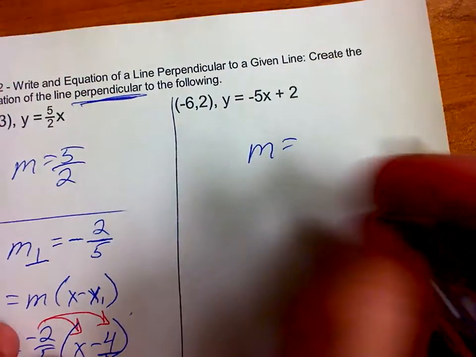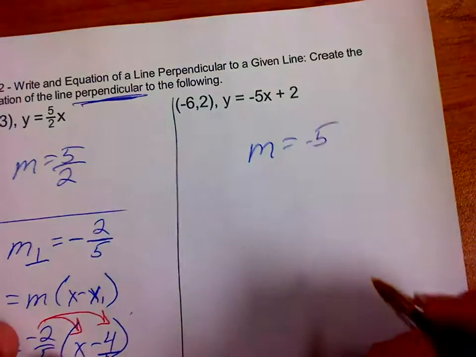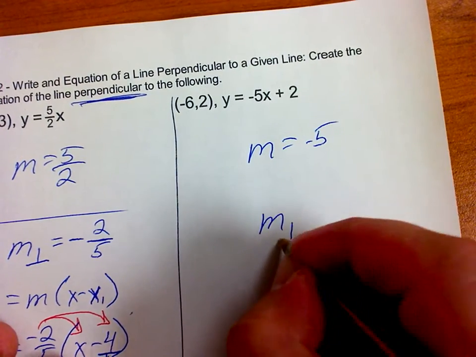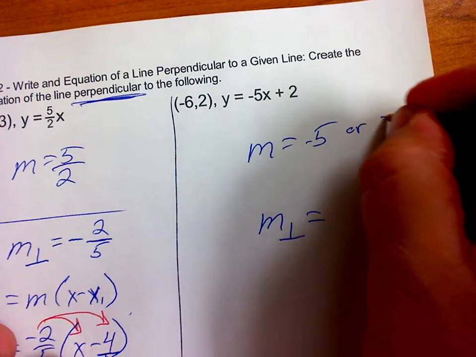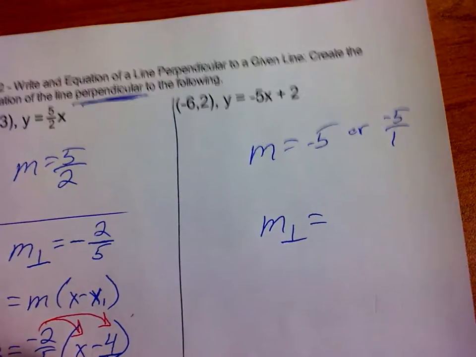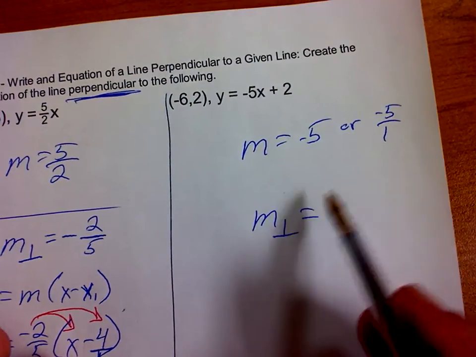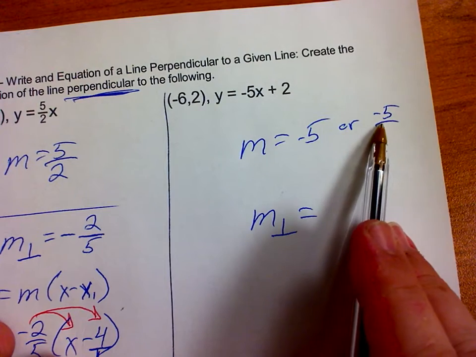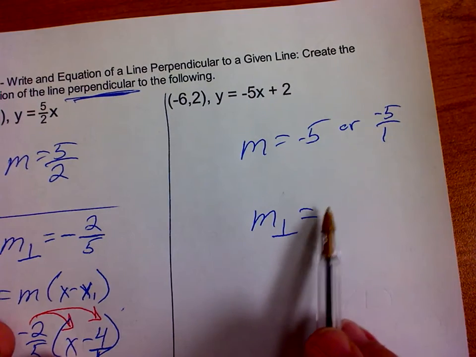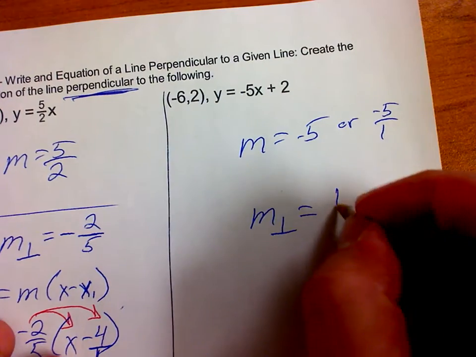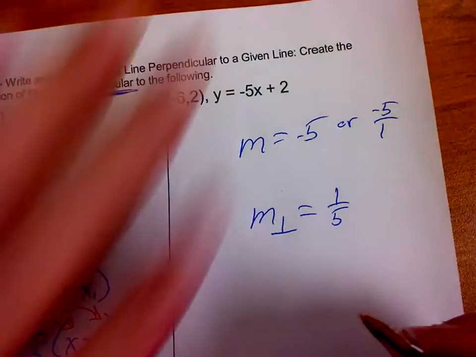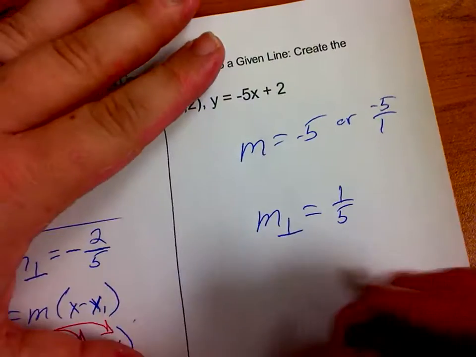So the slope of this equation is negative 5. If we want the slope perpendicular, just like we said before, if we have negative 5 here, we can treat that as negative 5 over 1. And that should help us out in determining perpendicular slope. First off, if this is negative, opposite means this has to be positive. Since this is 5 over 1, the inverse of 5 over 1 is going to be 1 over 5. In which case,